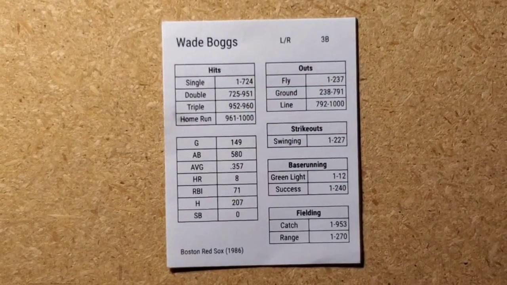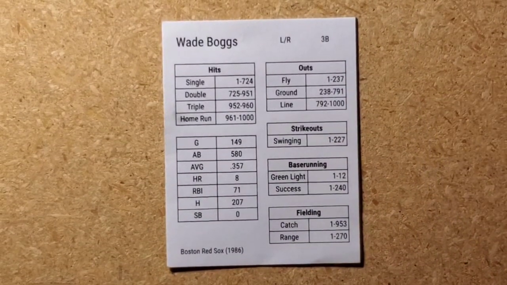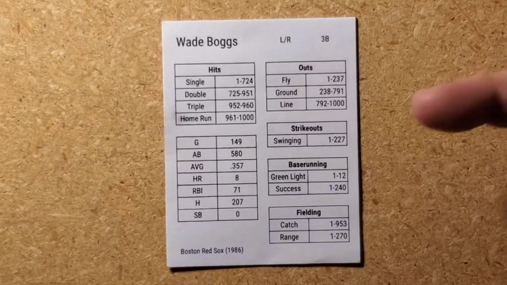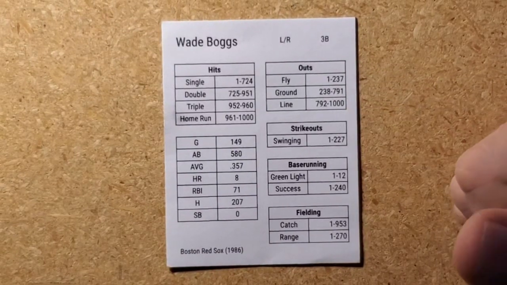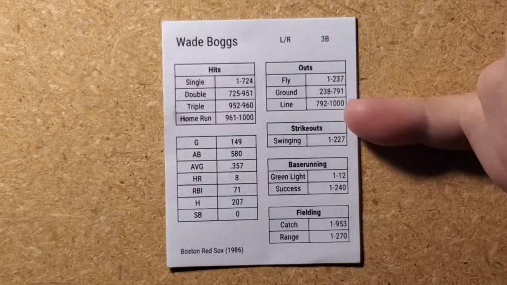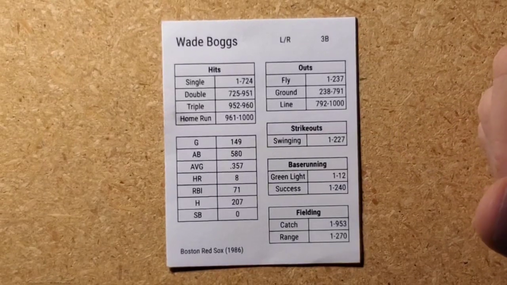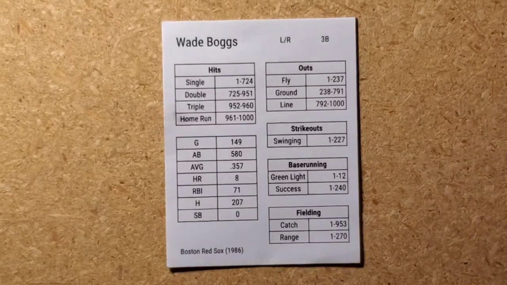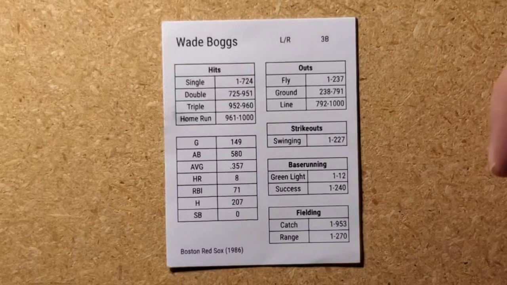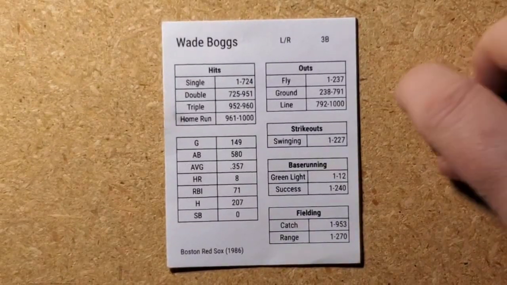If the result of the at bat is an out, remember we talked about the results coming off the pitcher card. So if the result is an out, then we will come to the batter card and roll against the hitter's out chart. Now this determines the quality of the out. Was it a fly ball, a ground ball, or a line drive? And whatever this is will set us up to look at the correct chart to find who made the play, what do we do with runners who are on base, is there an error on the play, is there a double play, etc. So essentially you just roll your